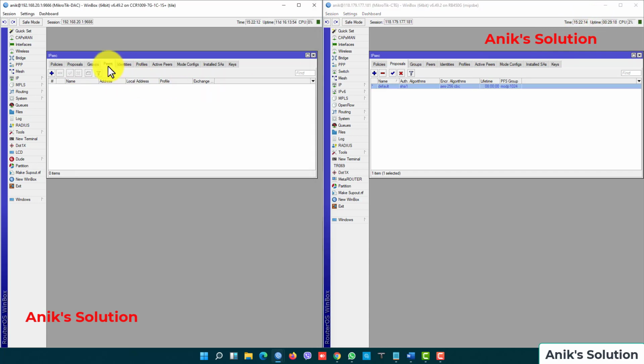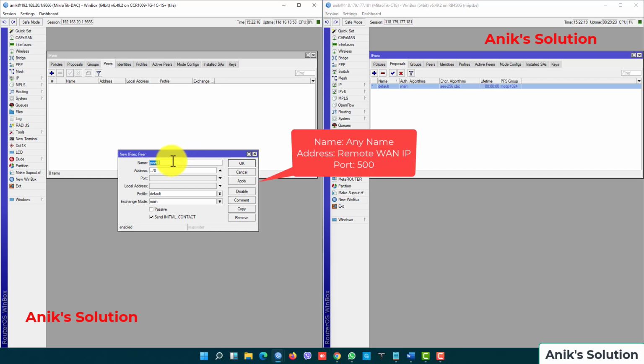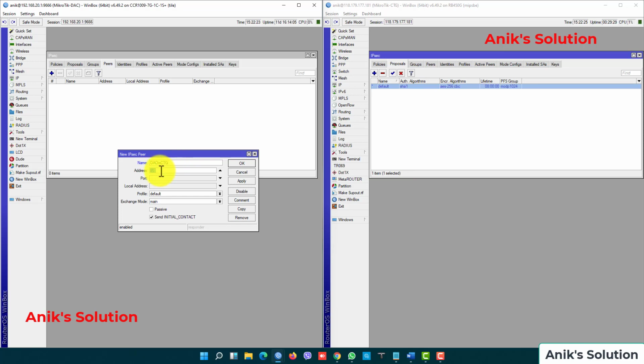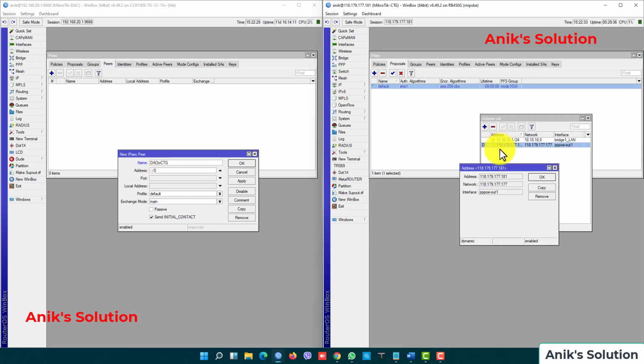Then I go to the peers and now we create one peer, name is DAC to CTG. Here is the IP address, we give our remote IP address. Our remote IP address is this, and port number is 500 and all other configuration is set default, then apply.